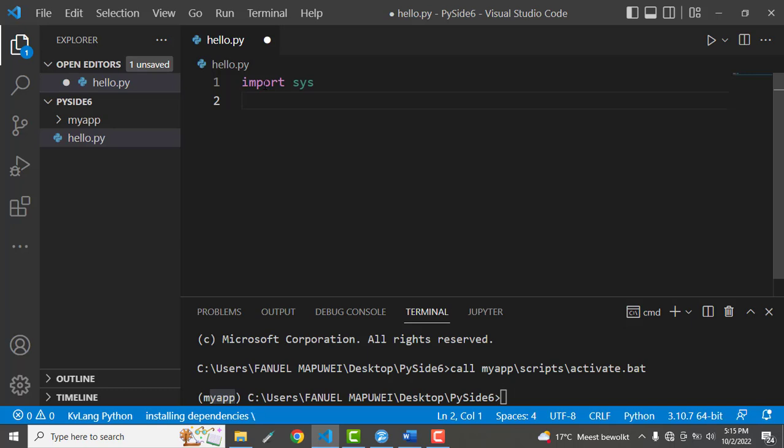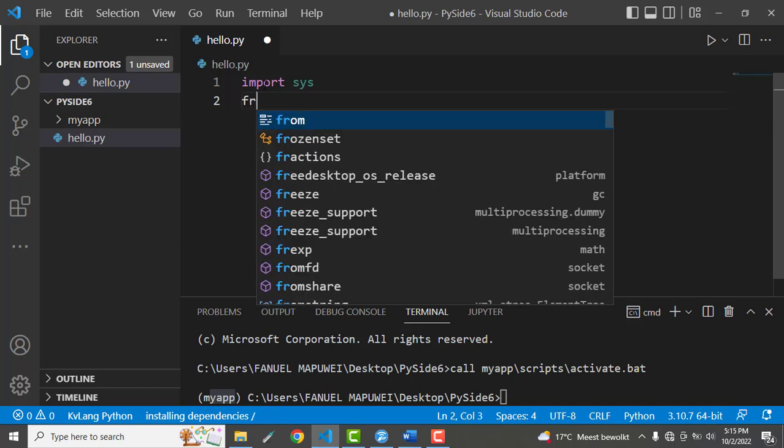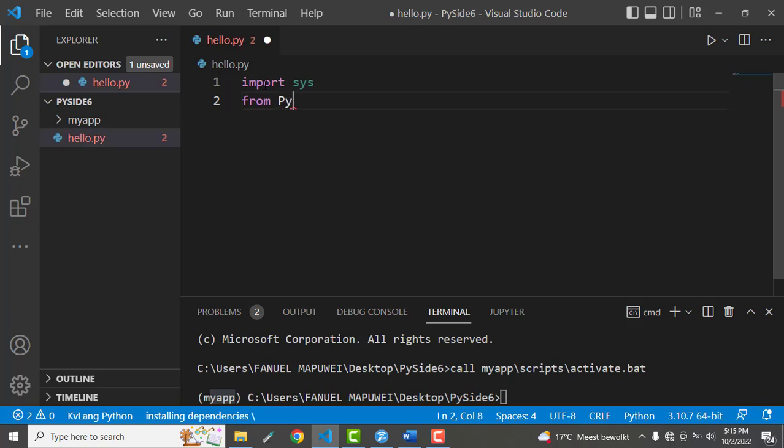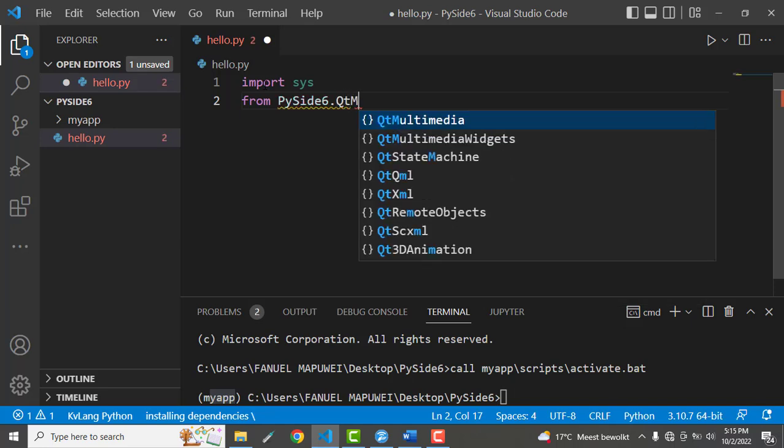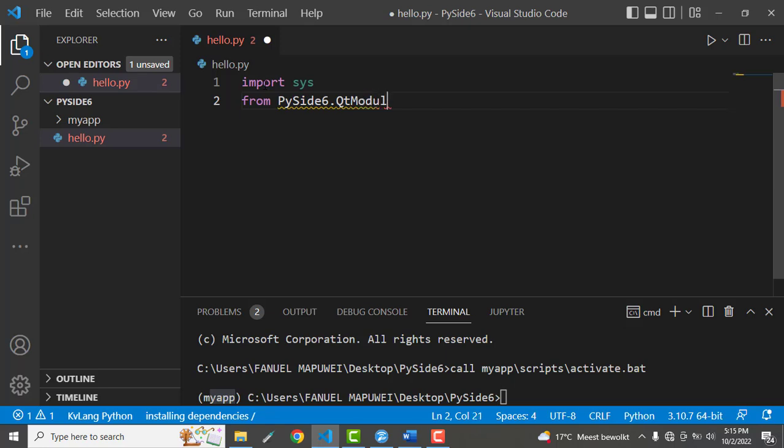So what we need to do now is to import the classes that we are going to use, which are part of the PySide library. So let us say from PySide6 dot QtWidgets. Inside this qt module, let us say qt